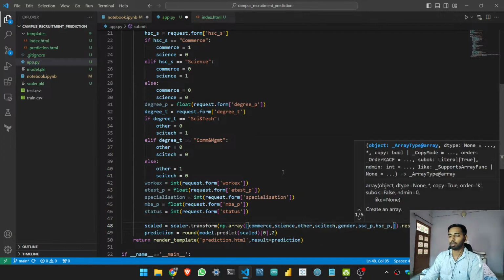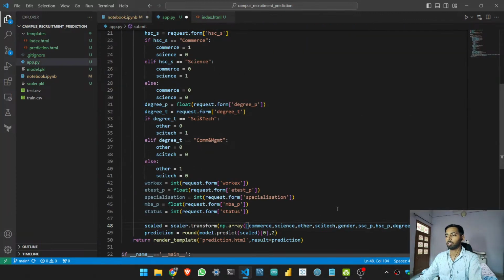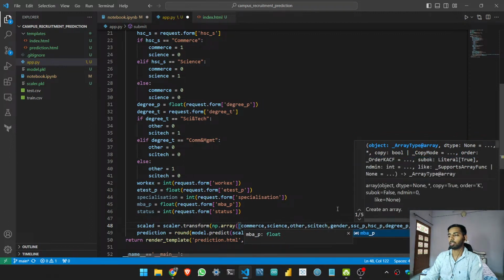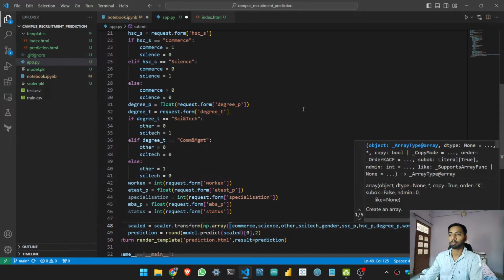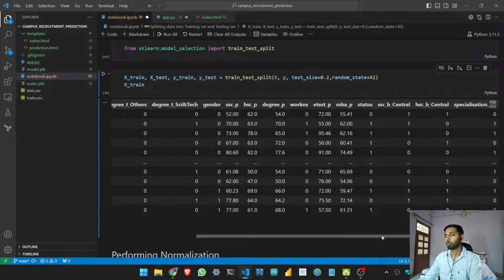HSCP and degree P. Okay, then work experience, E-test P and MBAP. After MBAP we have to go with status, SSC, HSB and specialization. Status